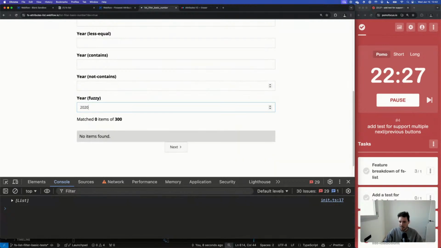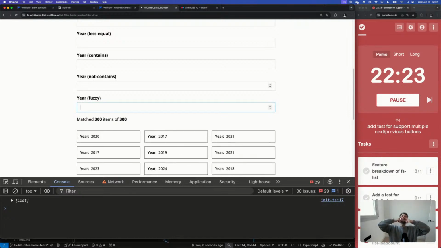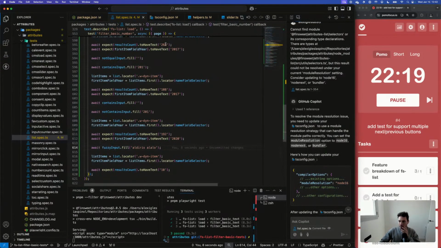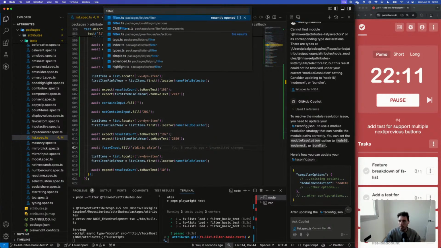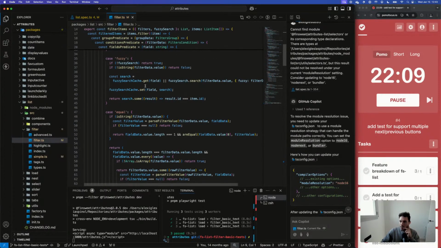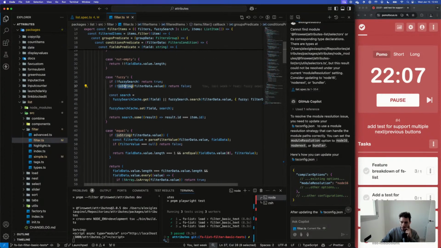Yeah, it doesn't seem like it matches when doing fuzzy for a number, but maybe it should. Let me check this. So when we're filtering by fuzzy, let's close the others. When we're filtering by fuzzy, we are checking for strings.